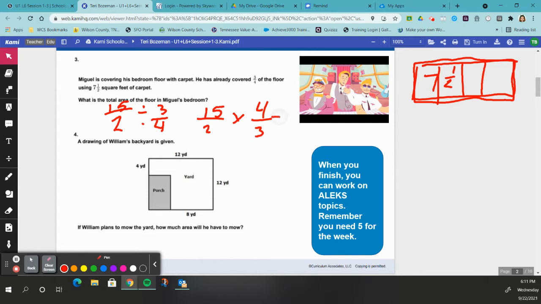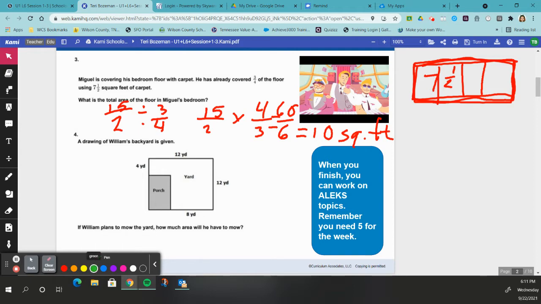Then you multiply. So 15 times 4 would be 60, and then 2 times 3 would be 6. Remember that fractions are division, so 60 divided by 6 is going to be 10. So the entire area there is 10 square feet. So that is how we would answer number 3. There are other ways to get to that answer, and that's fine if you found a different way to get to that answer. And then number 4,